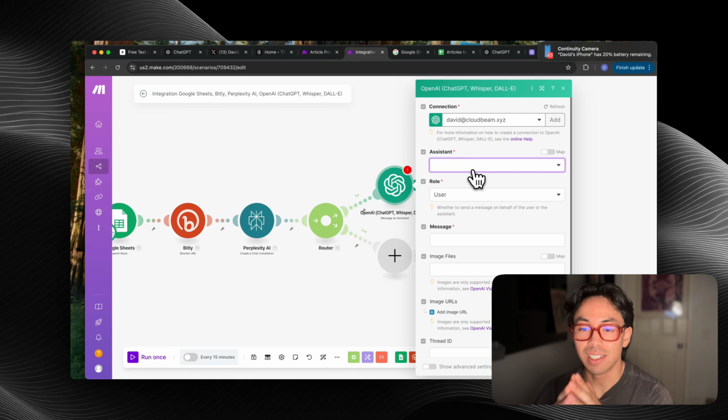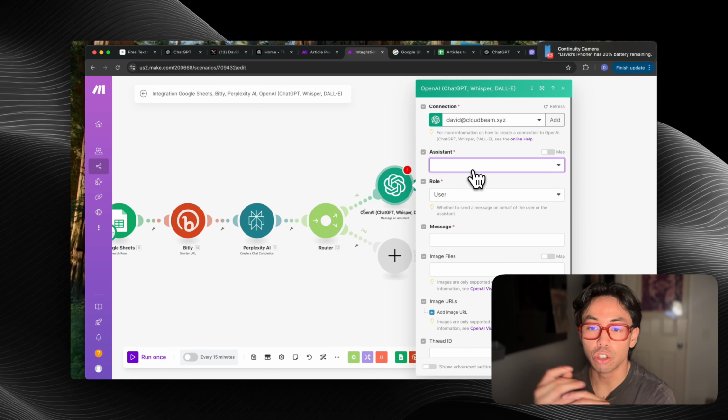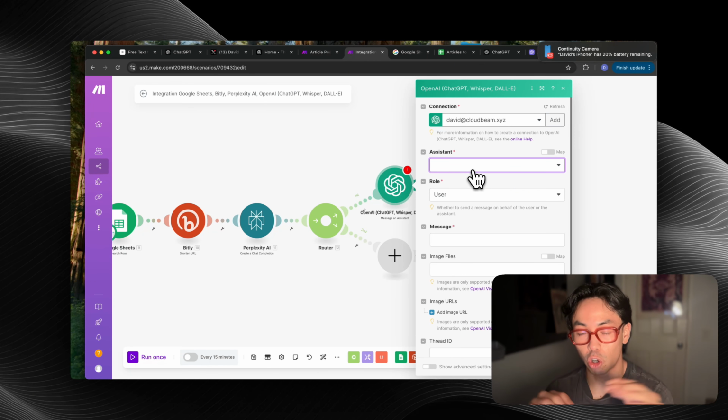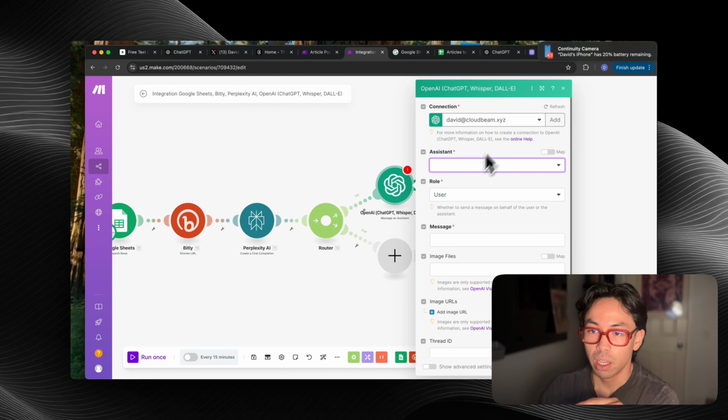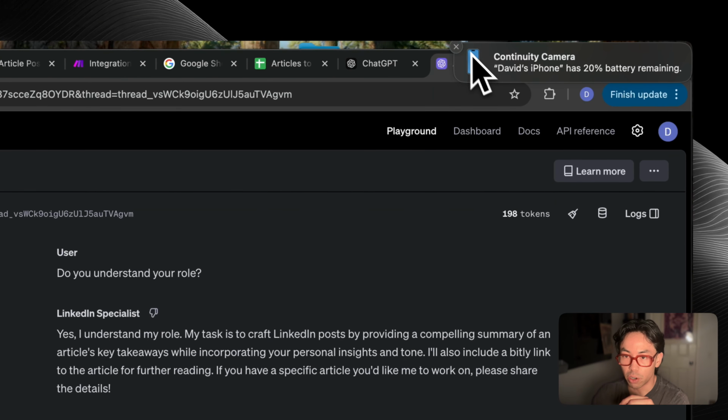So we're going to be using an assistant this time around. I'm going to show you guys the assistant that I made. I think assistants are ideal if you're going to be using a lot of make.com automations with the same use case. So for example, I can use this assistant across the board in other automations without having to prompt the ChatGPT module every single time, if that makes sense. I'll show you what I mean. So let me go into OpenAI Playground,